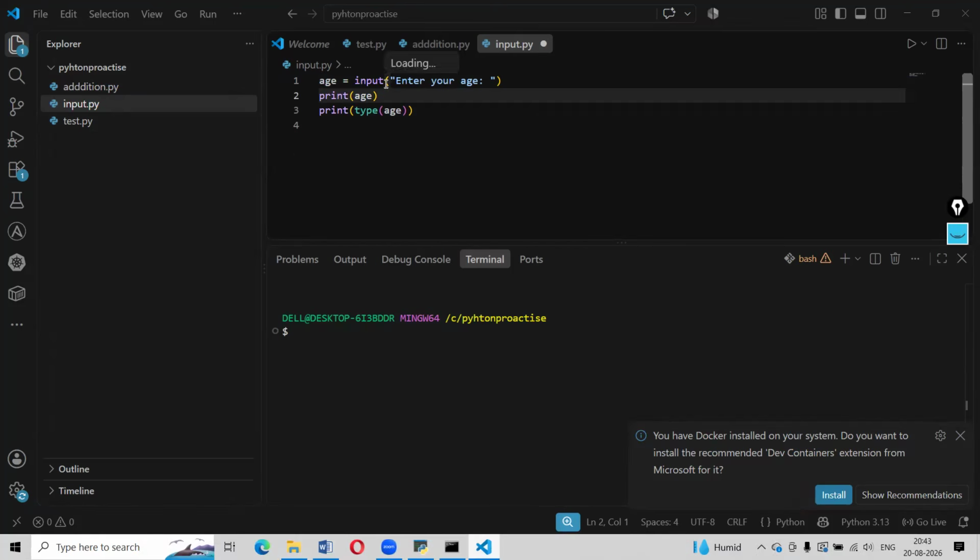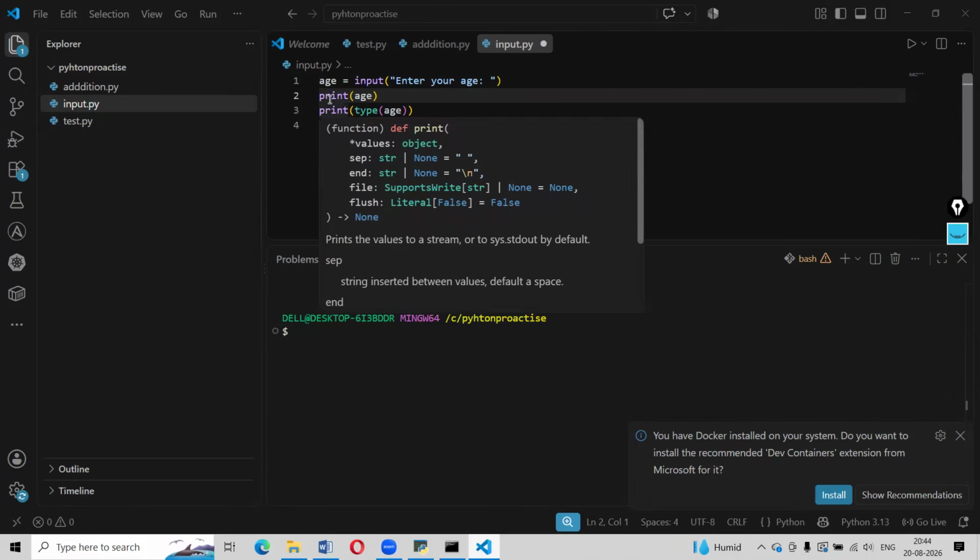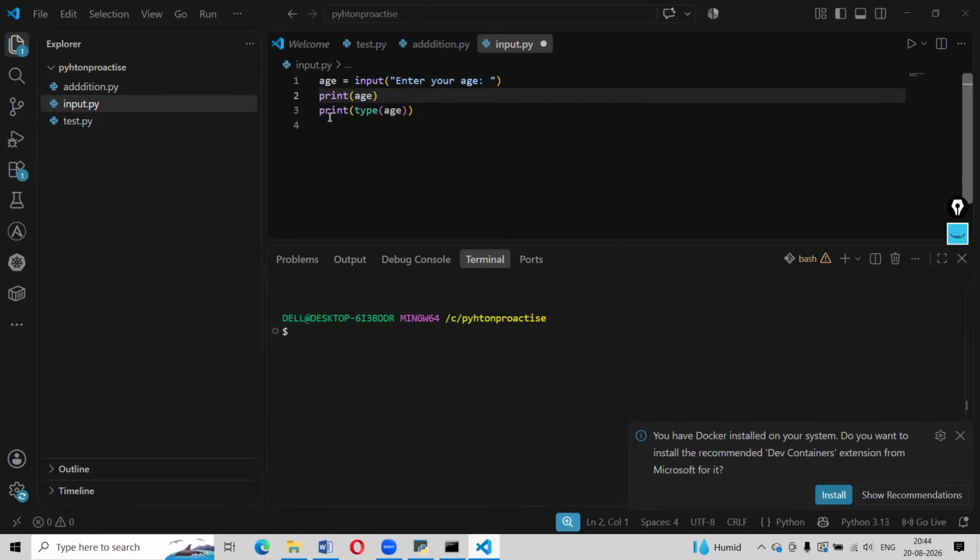Input is a built-in Python function. Enter your age, and second line print the age and print type of age. So there is another built-in function called type. It gives which data type it is returning. Okay, so after that, every time you should save the file, and then the execution is